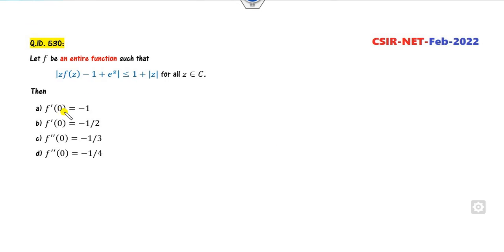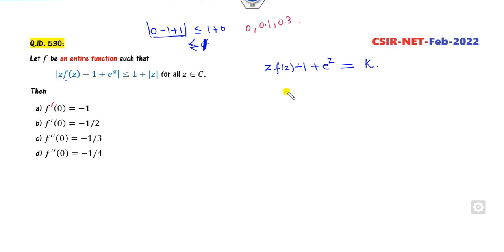Okay, look at that. My target is to find the value at the point 0. Firstly, check whether 0 satisfies the condition, less than 1 plus 0. 0 is satisfied. It means I can think about any term which is less than 1. So say k is a constant. It can be 0, 0.1, 0.3 and so on. Then our target is to find f dash or f double dash. So can I find the value of f(z) plus 1 minus this